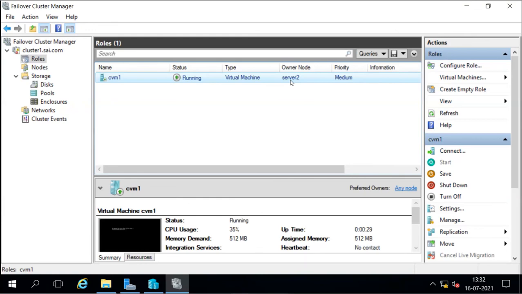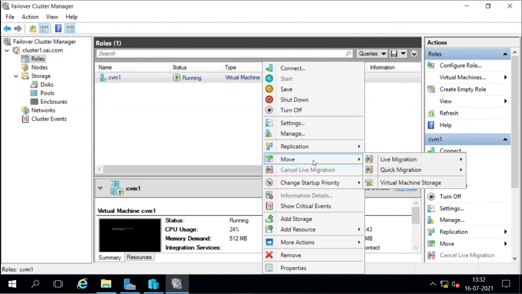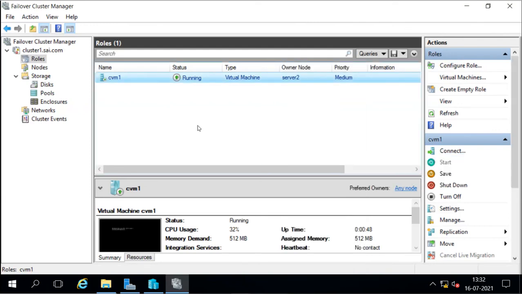So now it has done what? It has done the failover from server 3 to server 2. So we can do the live migration, or the normal migration. For normal migration, we can choose the quick migration option, or for doing the live migration, we can choose the live migration option. Then if one server fails, still it will move from one server to another server by doing the failover. So this virtual machine becomes a highly available virtual machine on the cluster, which will be available every time to the users. Whatever happens to the nodes, the virtual machine will keep moving from one server to another server.